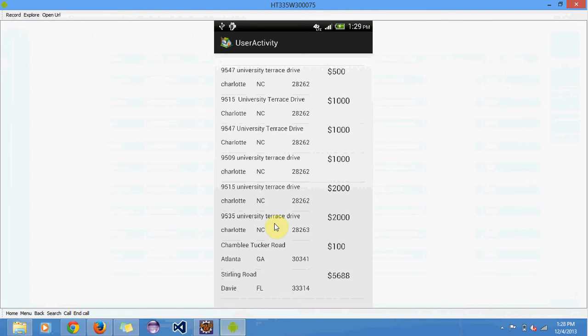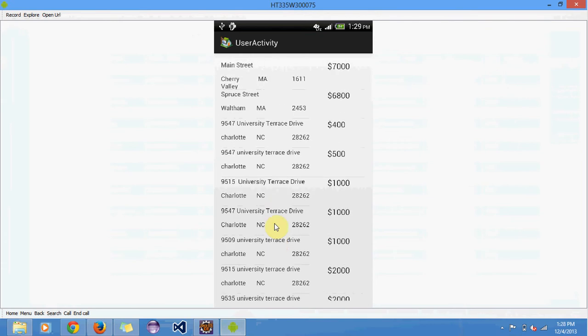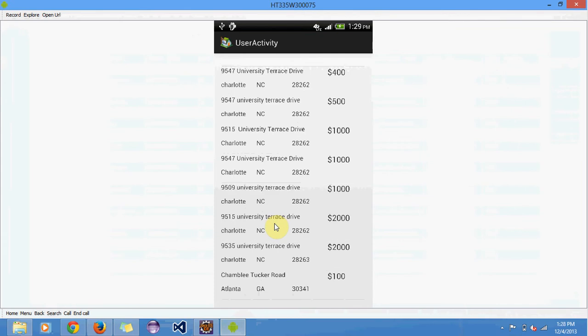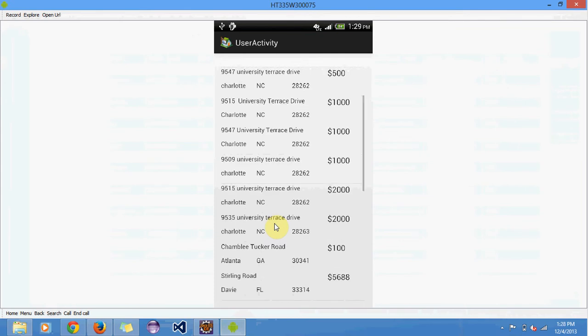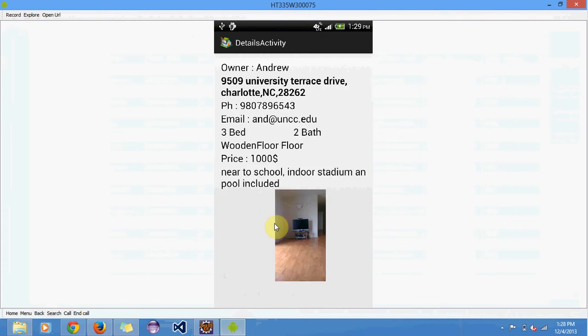Okay, as you can see, we've sorted according to the zip code as well as the prices on the zip codes. So that gives you a good idea how to use the application better. It makes your life easier. When I find the ad posted by Andrew, this is the image that has been clicked.